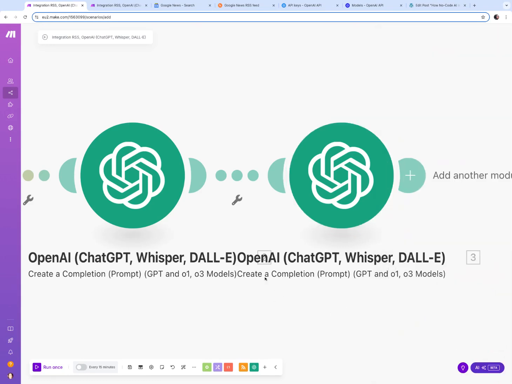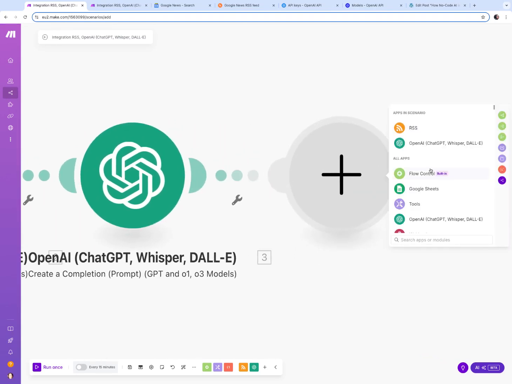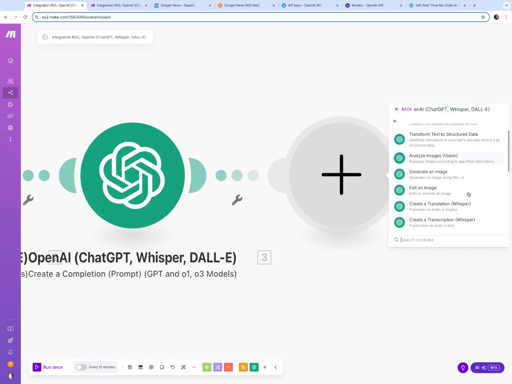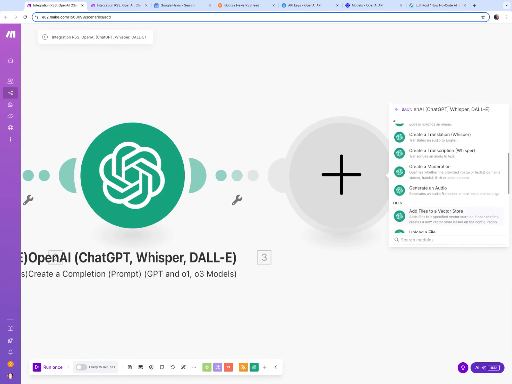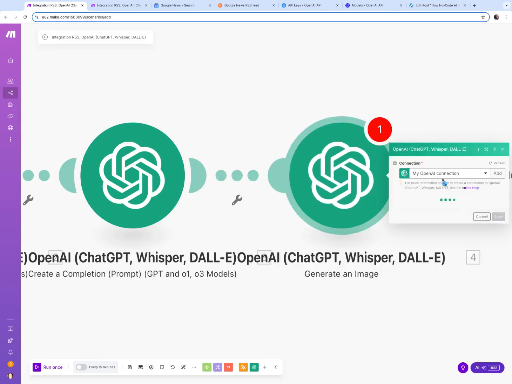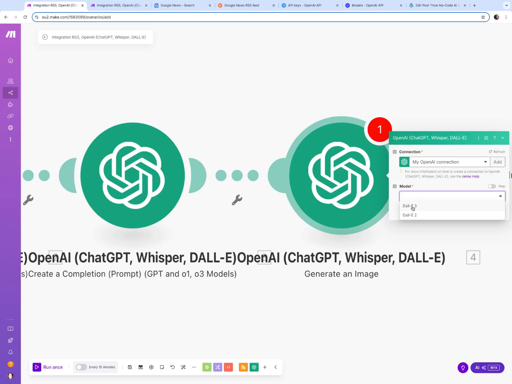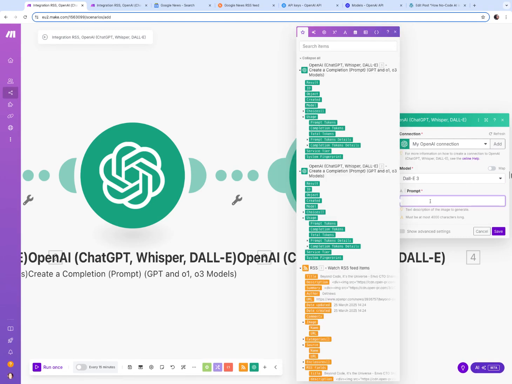And this third OpenAI prompt is when we're going to switch to using that DALL-E 3 model and start generating our image. So if we go here, click on OpenAI, this time we're going to scroll down and find generate an image using DALL-E 3. So we are now going to select our model, and this time it's giving us a different drop-down option because we've chosen a different mode of ChatGPT, and we're going to use DALL-E 3 as our option within that particular mode. And now we need our prompt, and our prompt is going to be the output